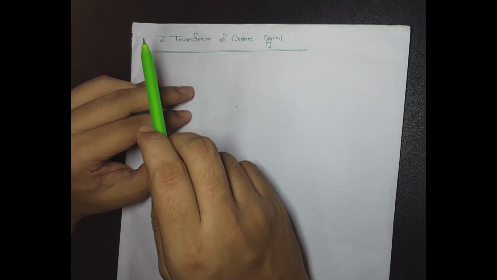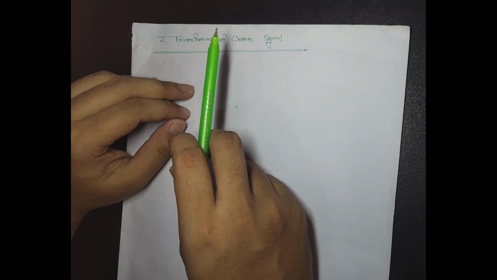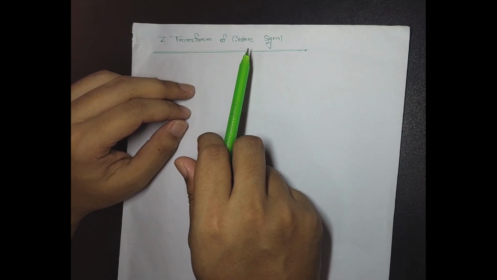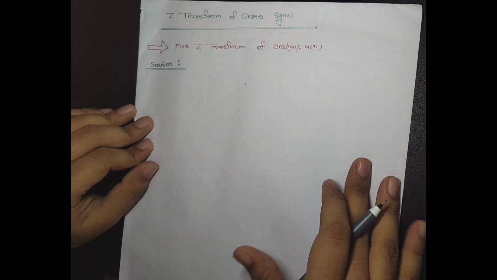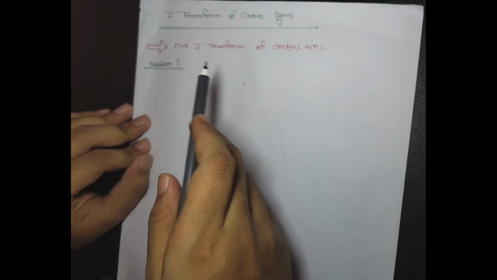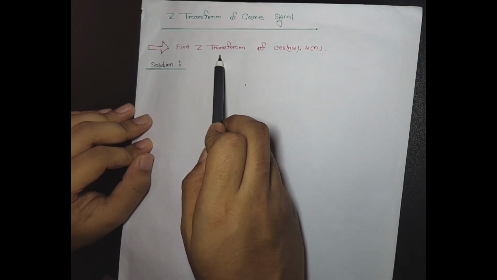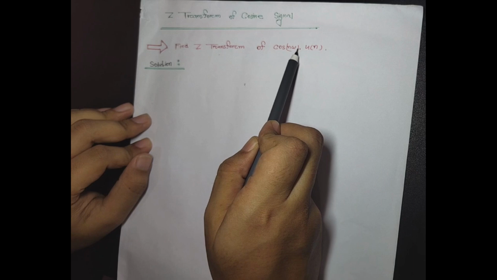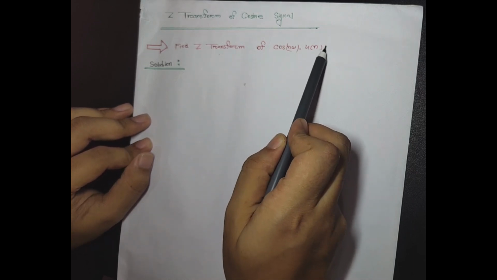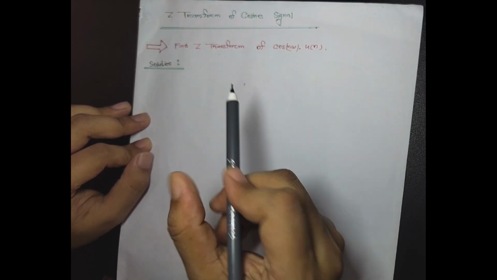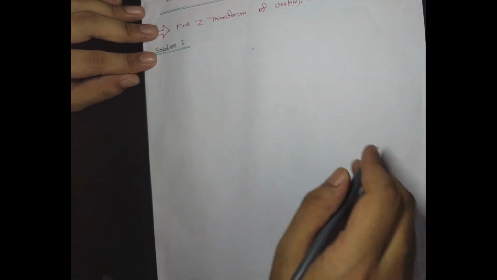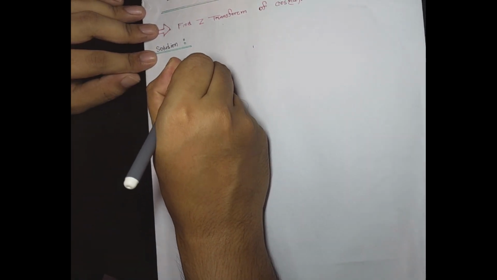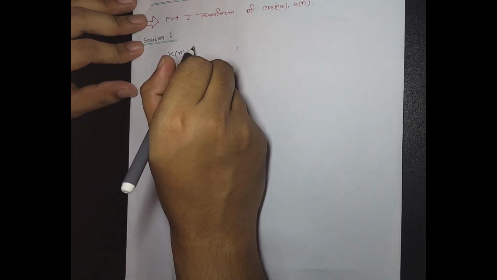In this video I will explain the Z transform of a cosine signal or sine signal. Here's a problem: find the Z transform of cos(nω) u(n). u(n) means unit step signal. So in the solution, let x(n) equal